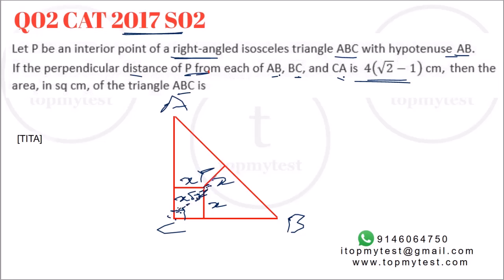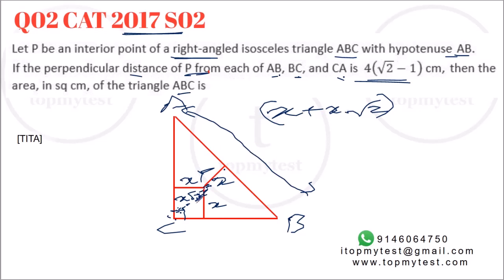Now what will be this straight line? This straight line will basically be the median to the hypotenuse, and it will also be perpendicular. Why? It's an isosceles right angle triangle. We have done this in the altitudes part, a similar question, right? So we now know the height. What is the height? Height is x plus x root 2, right? This is the height of the isosceles right angle triangle. Which means the base will be twice of this. Why? This is the median. Median to the hypotenuse is half of the hypotenuse. So we know the base also, right? It will be twice of this.